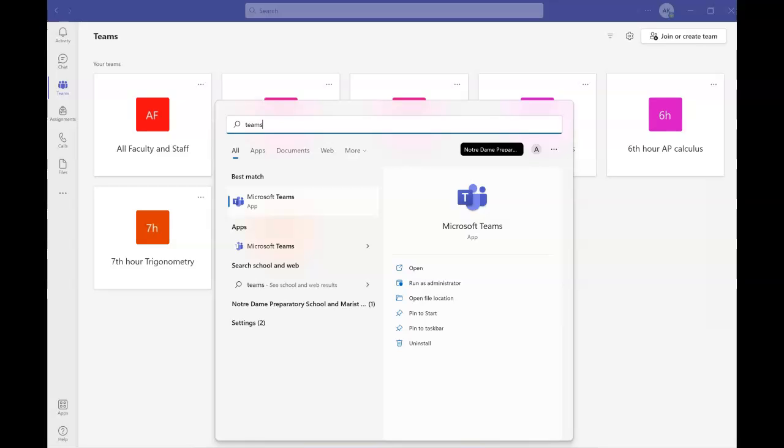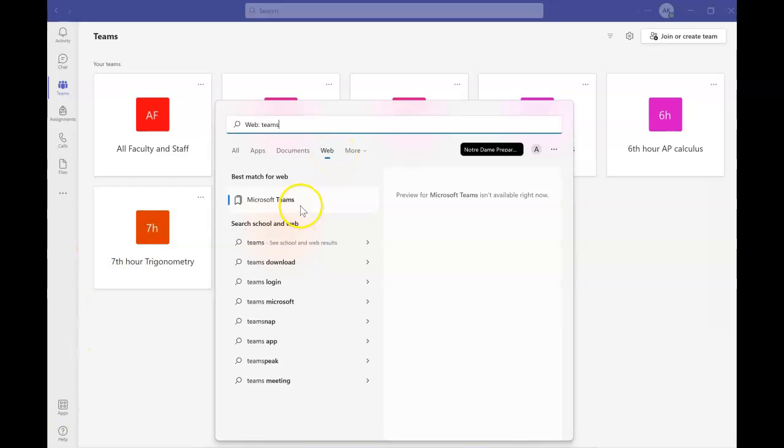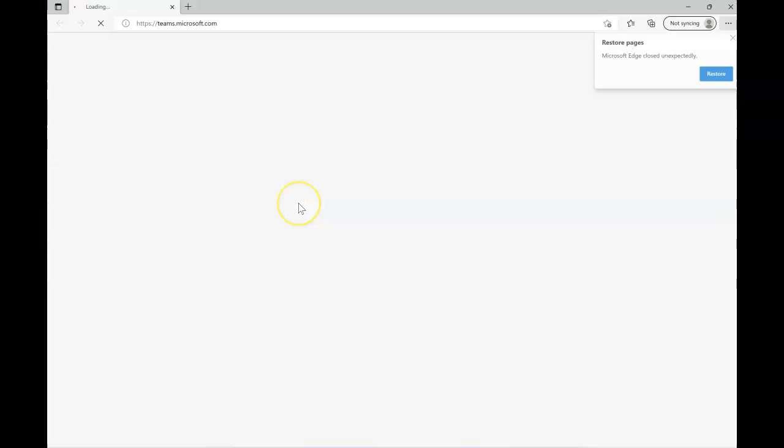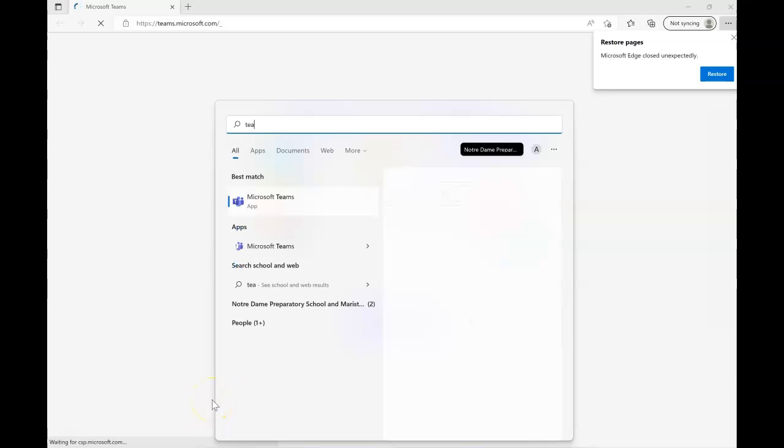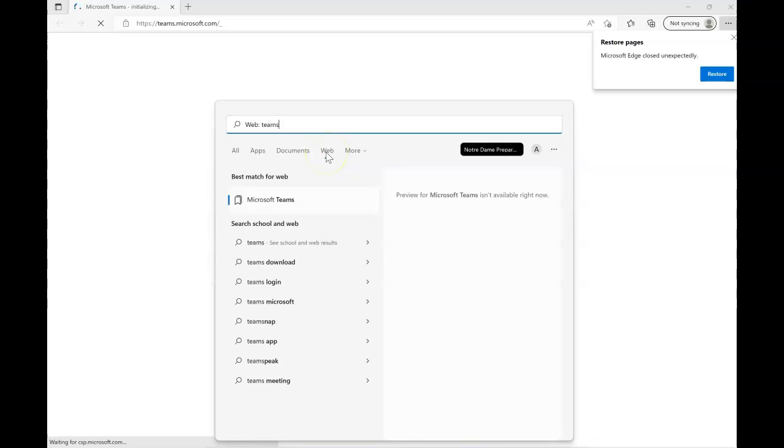There should be a way to run that as a web. Our services aren't available right now. Okay, so try this. If you go and you type in Teams to your search bar, and then you go over and pick the web option,